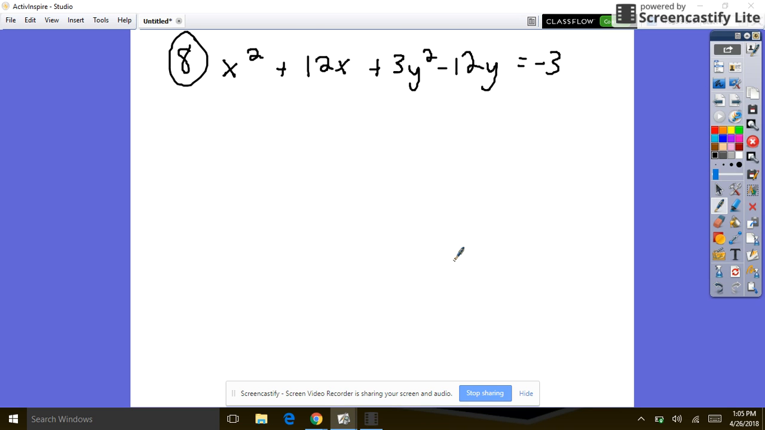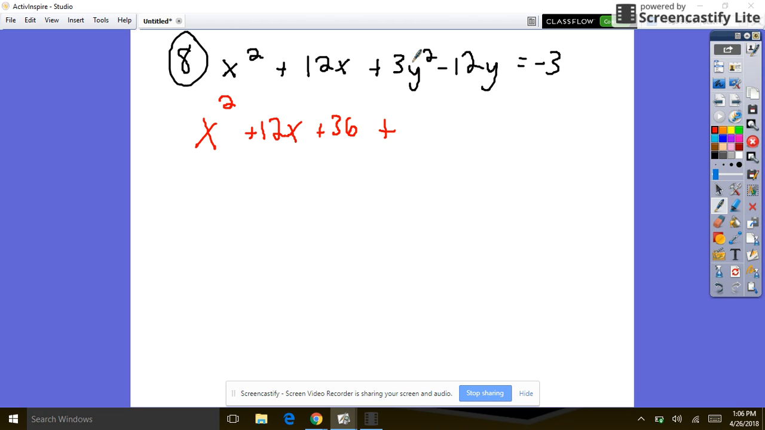Okay, we have an ellipse, right? Positive different numbers. Everything's together. We just got to complete the square. So you have x squared plus 12x, half of 12, which is 6, 6 squared, which is 36, plus, this